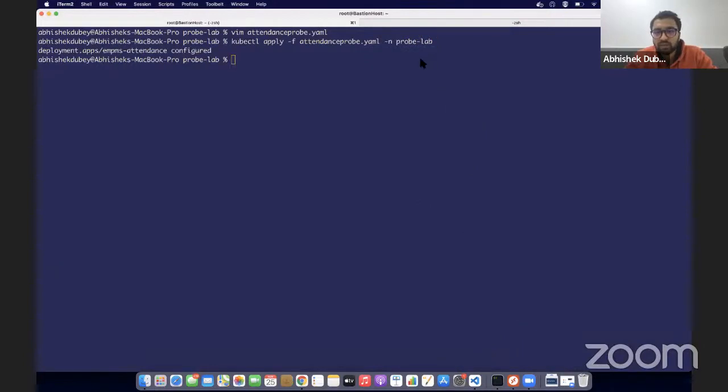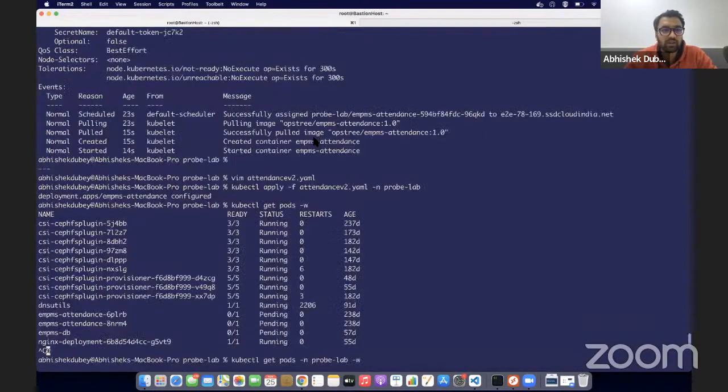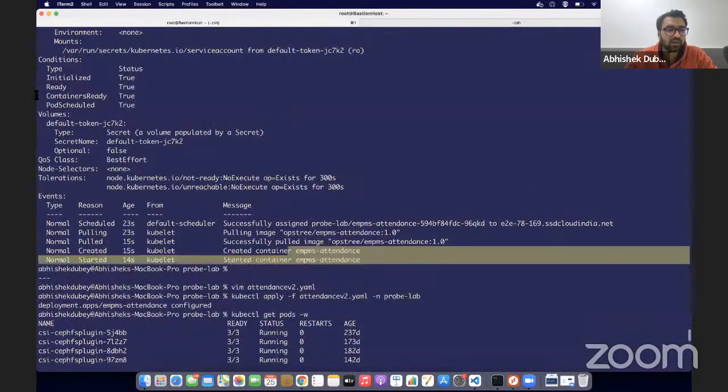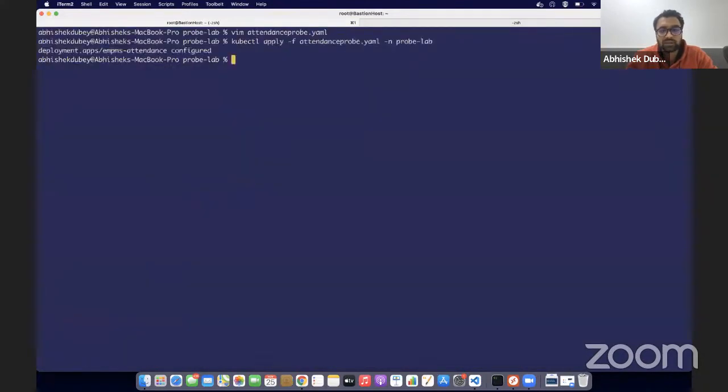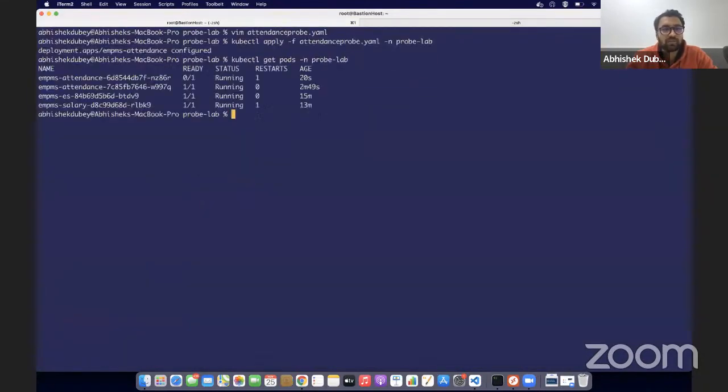Can you please describe the pod? What is this showing here? I already described it beneath. If you see here, it was in the running state because the liveness is not defined, so it does not have anything to check. Now I think you should see it, because this will make a lot more sense. Now you can see it has been restarted and it is not in the running state. If I describe this pod now,